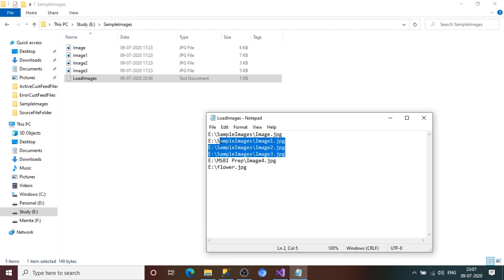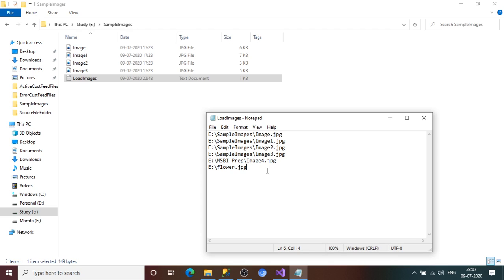I could have all the images in one location. Let's see, all these top four images are in the sample images folder, and some of the images could be in different locations. So that is not a problem. It is not necessary that all images should be in one location, but the necessary part is that you have to provide the correct location of all the images that you want to load into the SQL Server database table.